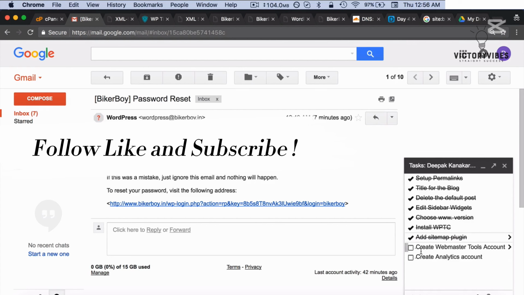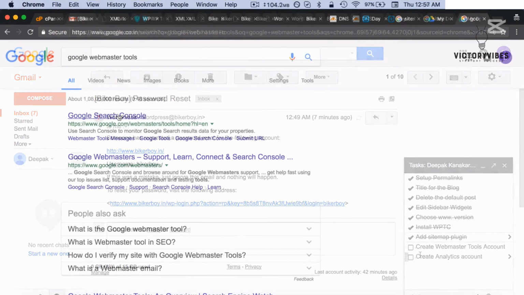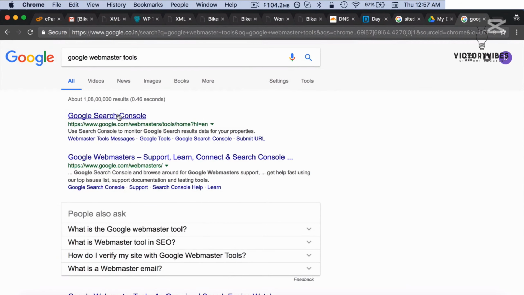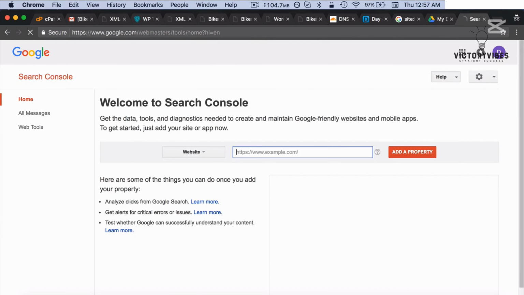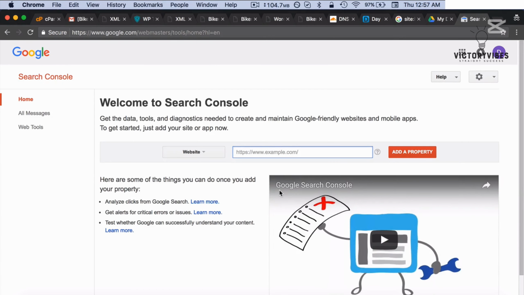So now we have 2 more tasks pending. We will create a Google Webmaster Tools account, and we will create a Google Analytics account as well. Google Webmaster Tools is now called the Google Search Console. So just search for it, log in using your Google account, and here you can add your new website. Click on add a property,